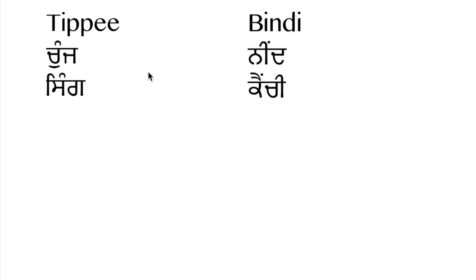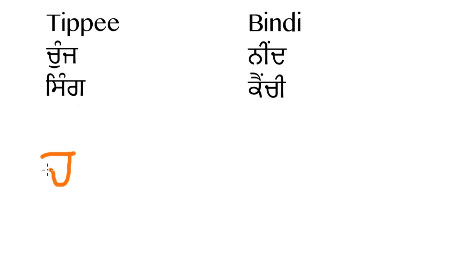Now for this part we have to pay particular attention, as both a Tippi and a Bindi provide a nasalization effect to the character that it influences. So it provides a sort of nasalization, i.e. you can call it an N sound if you will. So in this case we have